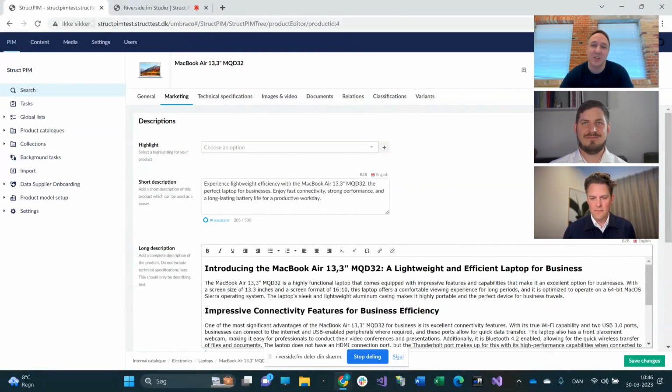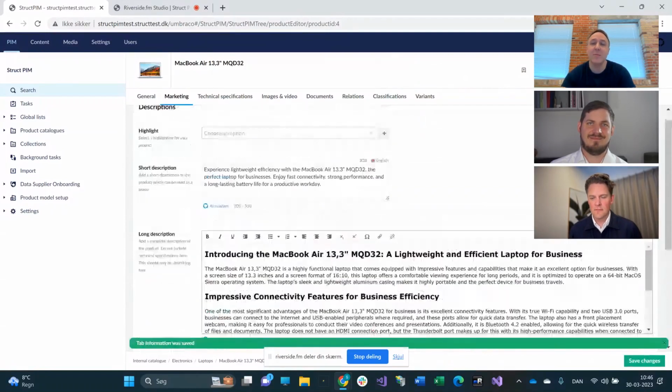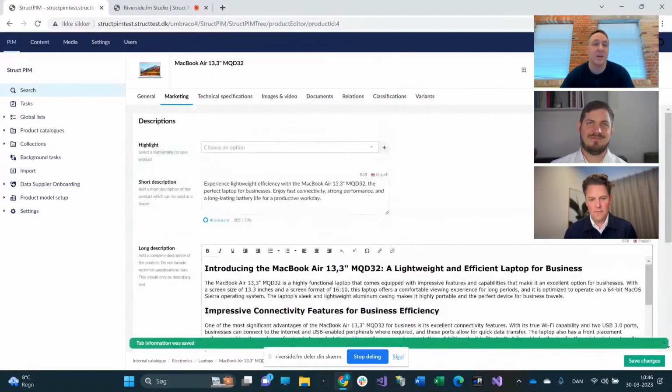Furthermore, it's not just a robot that gives some text and puts it in here automatically. You actually have the ability as an editor to still put your product knowledge into the text here, so you can iterate with the assistant to create just the text you want. You just don't have to be the copywriter yourself, but you can use your knowledge about your product to create just the product descriptions you want to have in here. So that is really one of the key benefits of ChatGPT and the integrations we've made here.